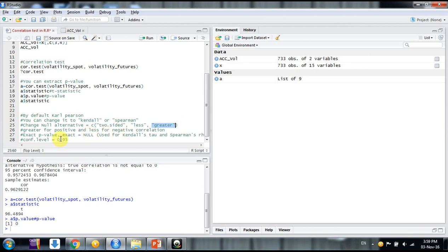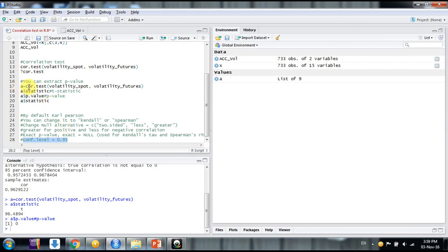And if you want an exact p-value in the case of Kendall's tau and Spearman, this is not for Pearson, you can set the argument exact equal to TRUE. Generally the confidence level is 95%, but you can also change it.